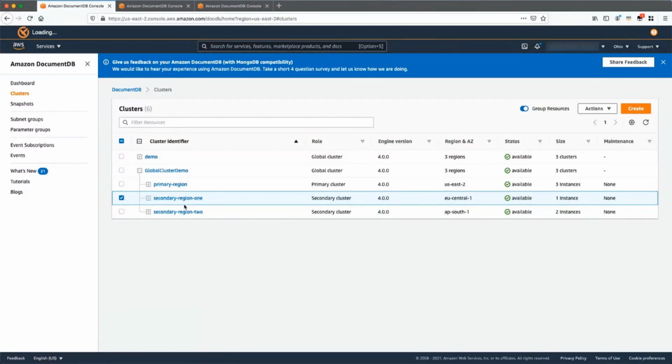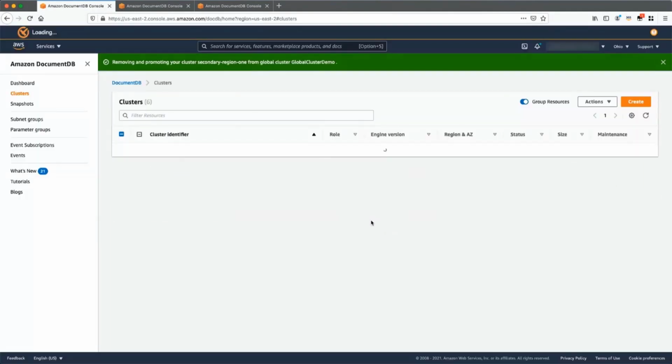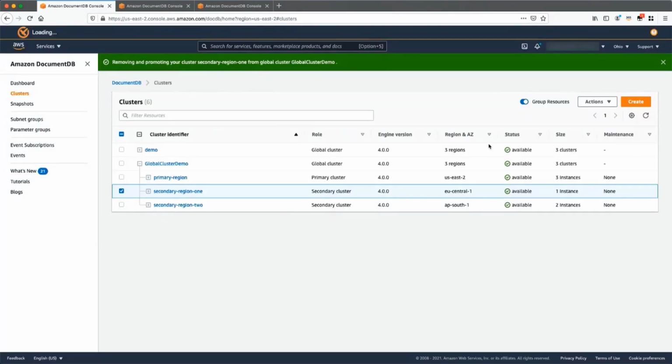So how I do that is select this region, go to actions, and say remove from global. This is a one-step process which performs 2 different things. It removes the secondary region 1 from the global cluster called global cluster demo, and at the same time, it also promotes the secondary region 1 to a standalone cluster that can accept writes. So I'm going to click on this remove and promote, and this process is going to take about a minute's time to